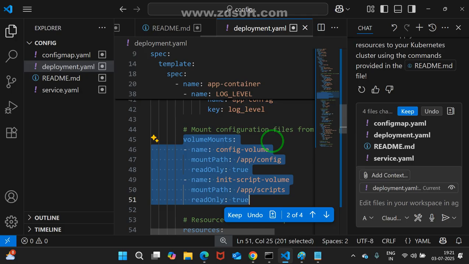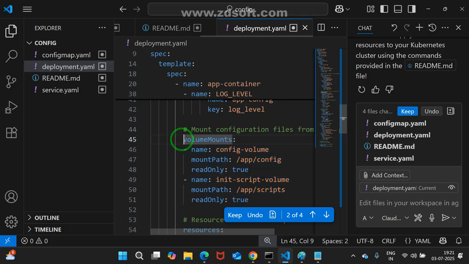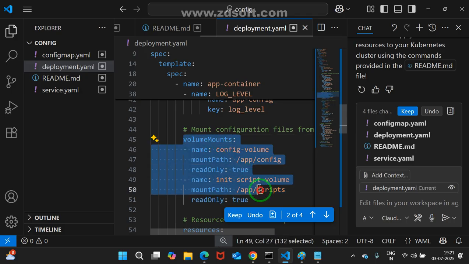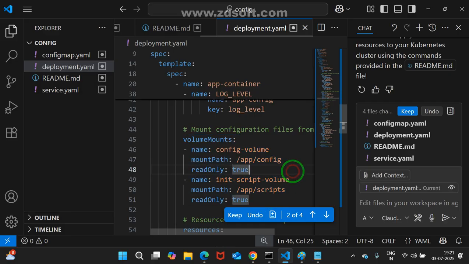In Docker, please just go back to Docker for at least 1 minute. Try to observe and try to interact with me. In Docker, have we discussed -v? Yes or no? Yes, sir. That -v is nothing but this area. Here, how many mount paths do we use? Two mount paths we use. We can set multiple mount paths.